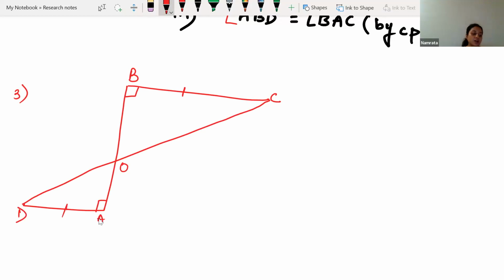AD and BC are equal and perpendicular to a line. AD is equal to BC. It is already given in the question. Perpendicular means this angle is 90 degree and this angle is 90 degree. That too is given in the question. Show that